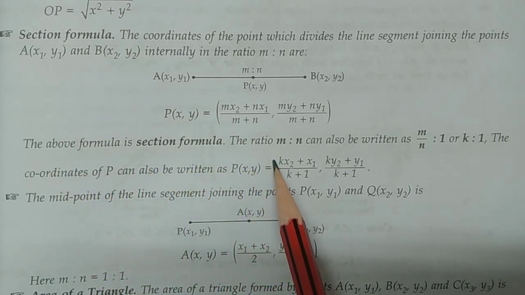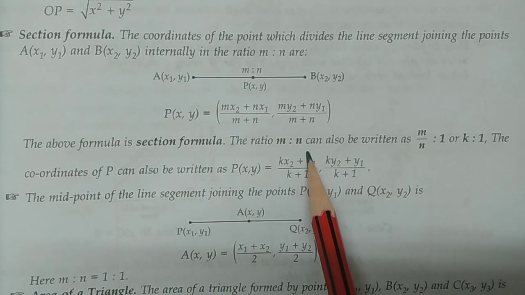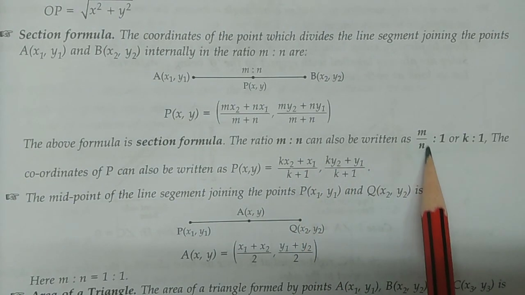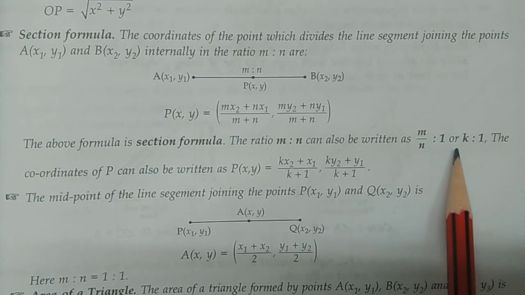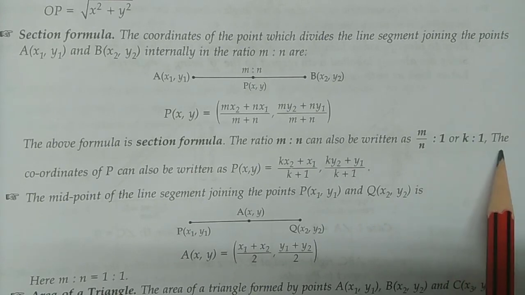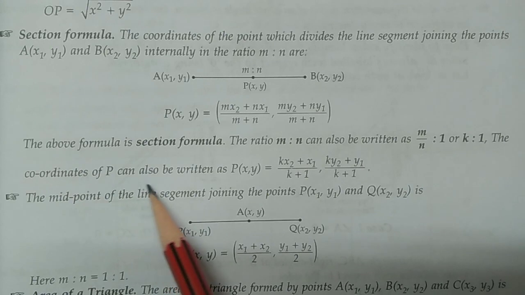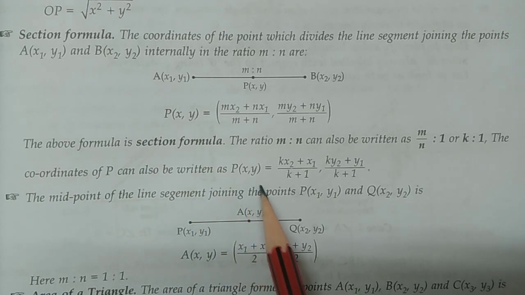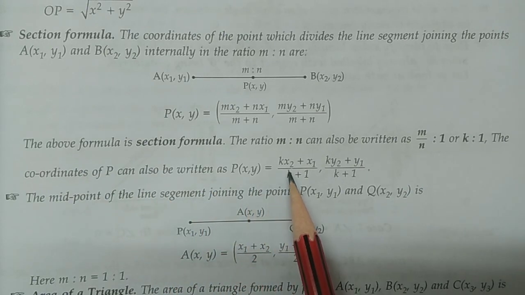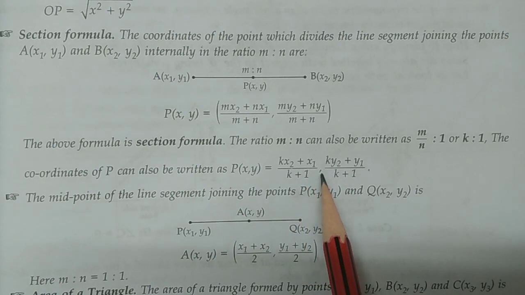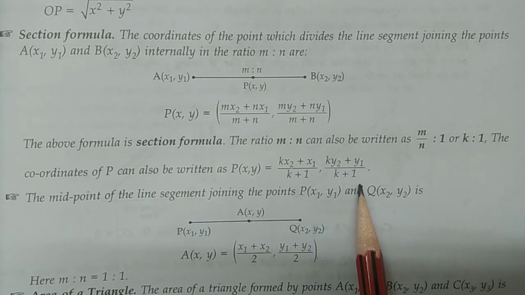The ratio m:n can also be written as m by n to 1, or k ratio 1. The coordinates of P can also be written as P(x, y) equal to (kx2 plus x1) by (k plus 1), comma (ky2 plus y1) by (k plus 1). Next,